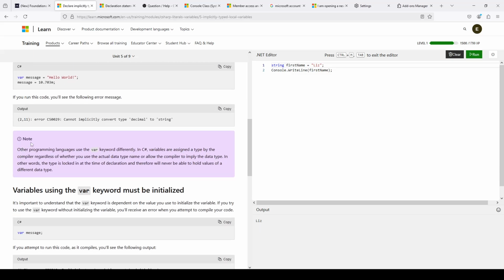Okay, other languages use the var keyword differently. In C#, variables are assigned a type by the compiler regardless of whether you use the actual data type name or allow the compiler to imply the data type. In other words, the type is locked in at time of declaration and therefore will never be able to hold values of a different data type, which,